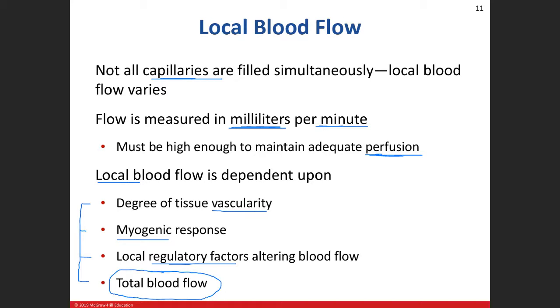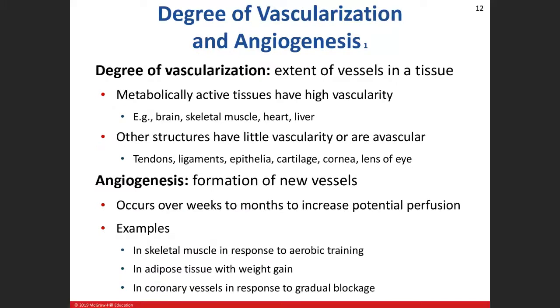All right, and we're going to talk about a couple issues with that. Okay? So let's start off with something easy, and we'll start off with the degree of tissue vascularity. We learned when we were talking about connective tissue, for example, some connective tissue is highly vascularized. Mature cartilage is avascular. There's no blood going to that. Bone, another type of connective tissue, is highly vascularized. So let's talk about the degree of tissue vascularity and what effect it has on